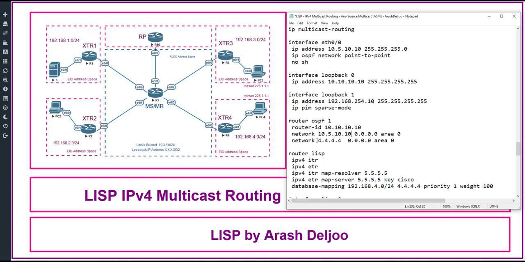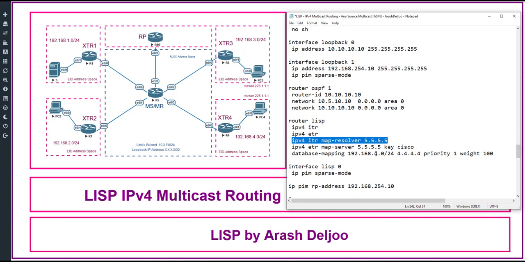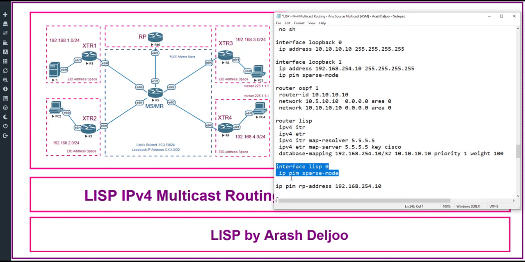0, area 0, and after that network 10.10.10.10, quad 0, area 0, and after that we have router LISP command: IPv4 ITR, IPv4 ETR, IPv4 ITR map resolver quad 5, IPv4 ETR map server quad 5 key Cisco, then database mapping for 192.168.254.10/32, with the RLOC of quad 10, with the priority of 1 and weight of 100. Then interface loopback 0, IP PIM sparse mode, and finally IP PIM RP address